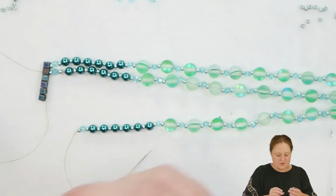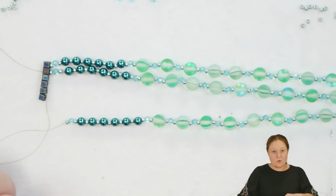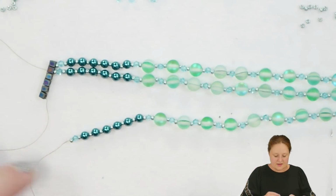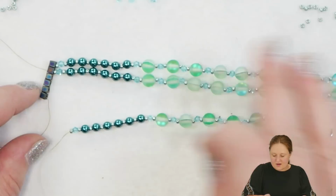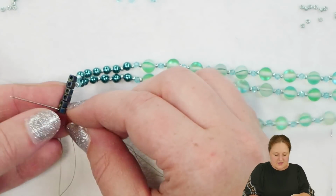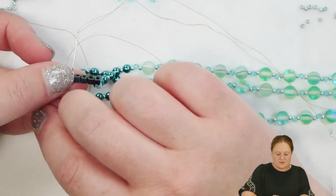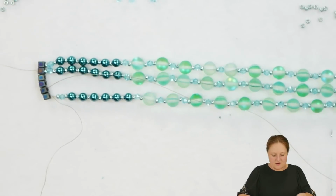So I ran my needle and thread through there. Now to get started on my fourth strand, I'm going to work here with this end of my bracelet that still isn't attached to anything. And just like I did previously to add the other end on the opposite side, I'm going to go through that last cube, open on this end here, and down through the next cube. So up through the open one and down through the next one, and that will get me in position here